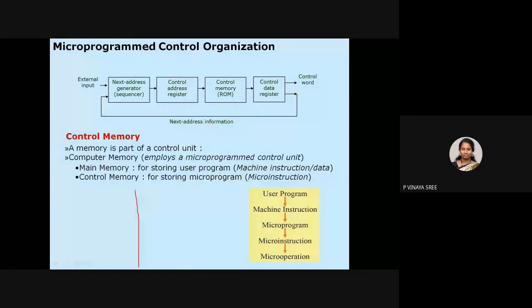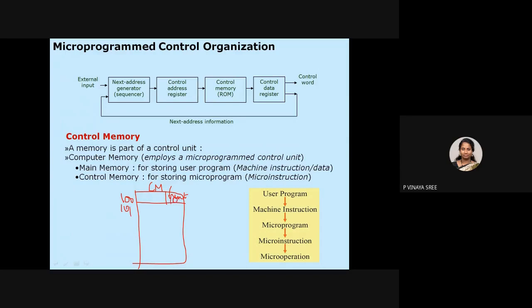So like this you will have a control memory, with an address for this control memory, and here you will have a next address, which let us consider is 101, and here the micro operations that have to be executed. So it will execute this, and at the same time the next address will be given to the address sequencer.